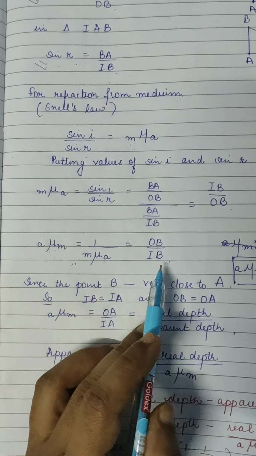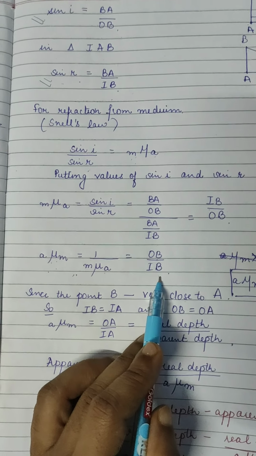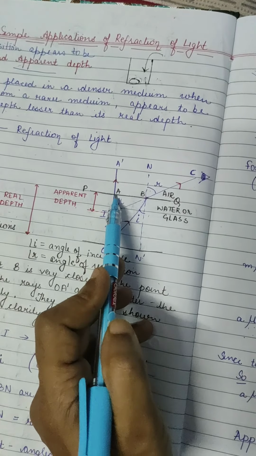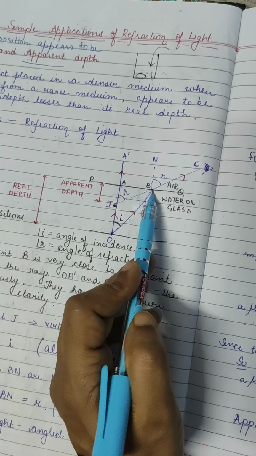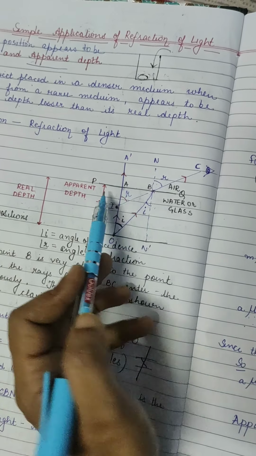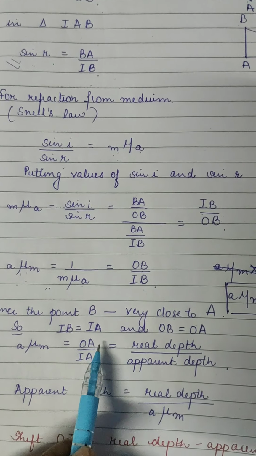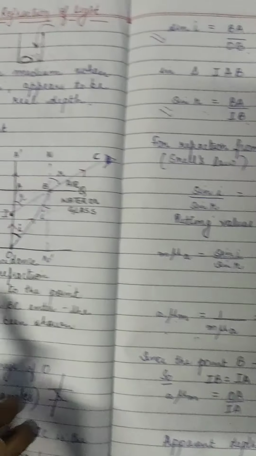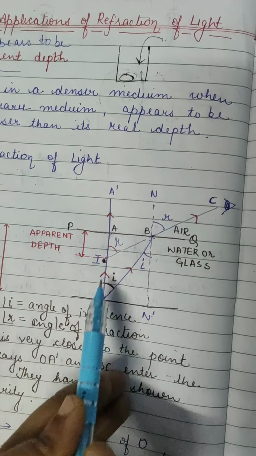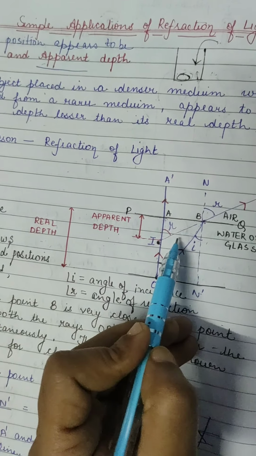Here we have taken OB and IB. You remember one note we have studied today? What is that note? That this A point is very much close to this P point. And in maths, when the points are very close to each other, approximately we can take they are equal. So there we have done, that is equal to OA upon IA. Now what is OA? This OA is what? Your real depth. And this IA